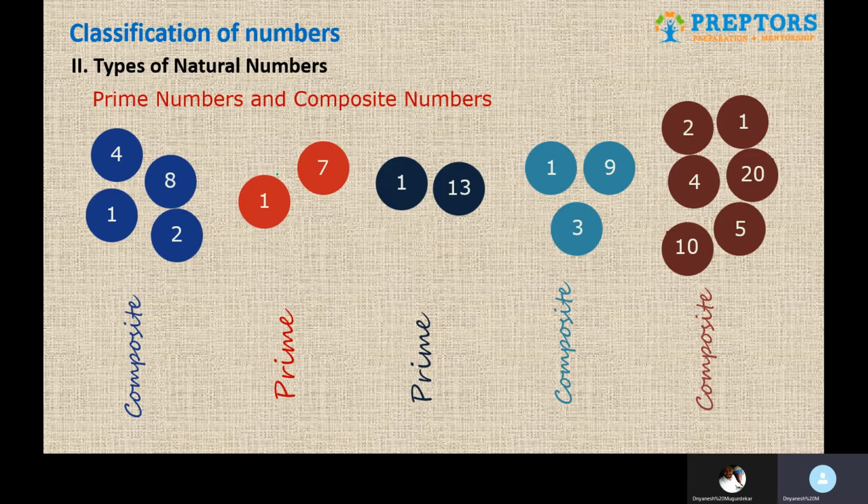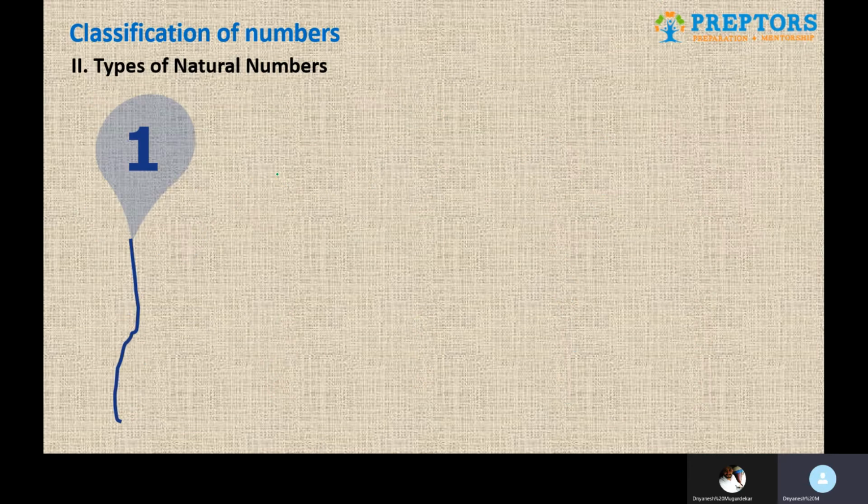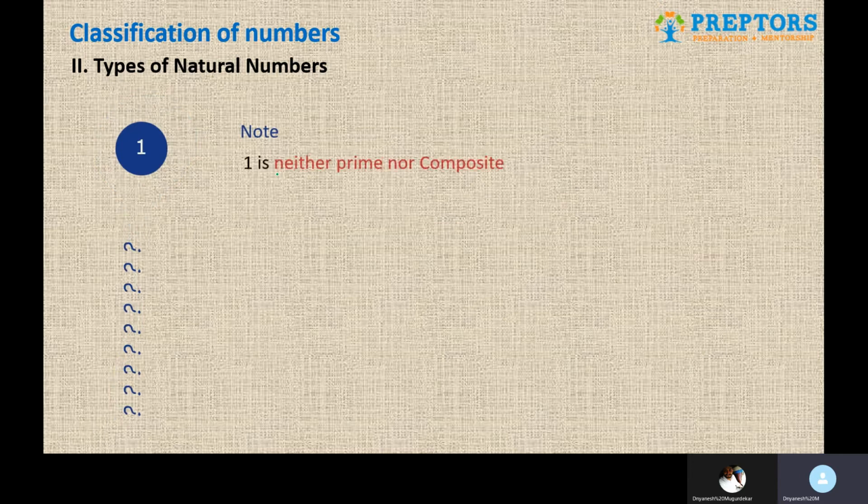Then based on this, two quick notes. Note number 1 is related to the number 1 itself: 1 is neither prime nor composite. Note number 2 is associated with the number 2: 2 is the smallest prime number and the only even prime number. We start the prime numbers from 2, and you will realize that apart from 2 there is no other even number which is a prime number. So these are the two notes.